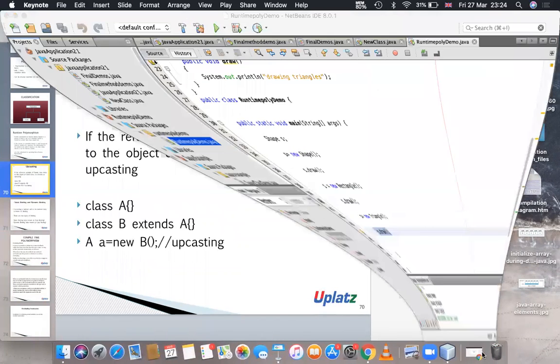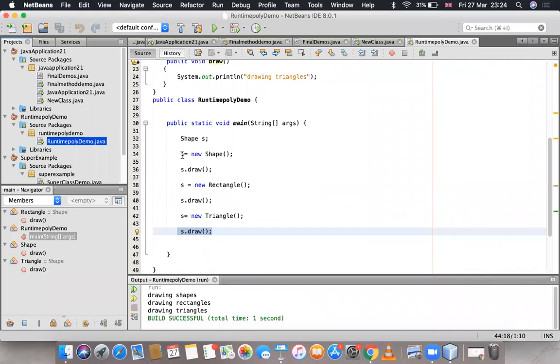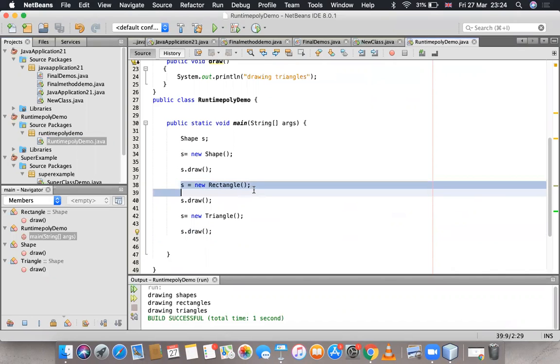So if we go to NetBeans, you can see that the reference variable is referring to the object of a child class. What is the object of the child class? That is S is equal to new of Rectangle. This is an example of upcasting in Java. That is when a reference variable refers to the object of a child class.